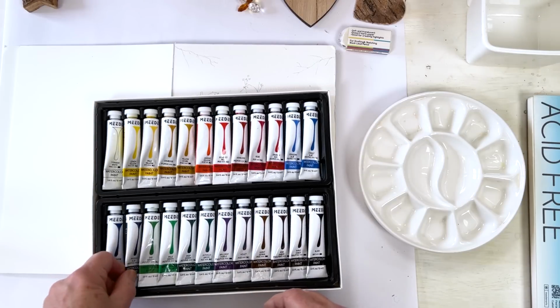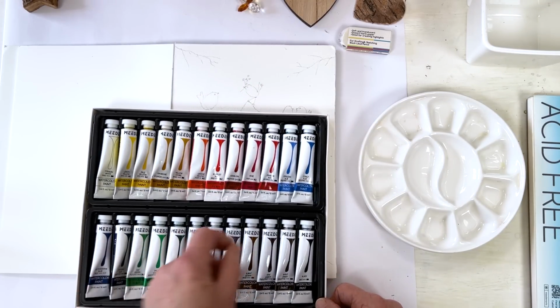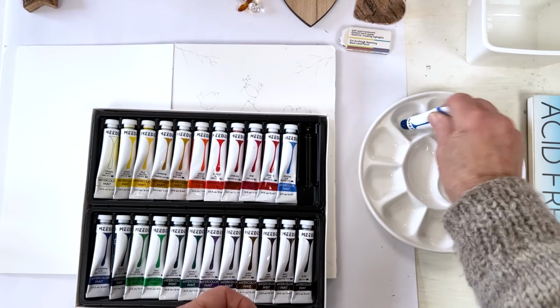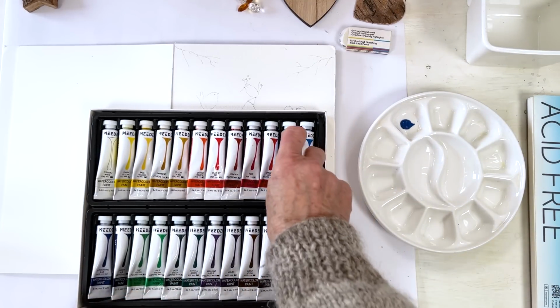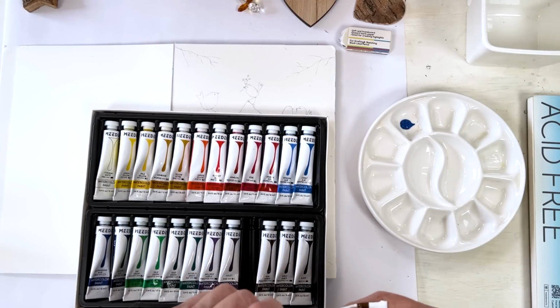So I'm going to use, for the background, we will probably want something like cobalt blue, I think. So this is the way I like to do it. I just put a little dab of cobalt blue out, like that. We will also be wanting burnt sienna, and because that's a completely different colour, oh my goodness,